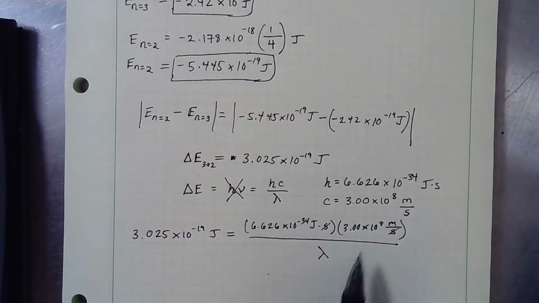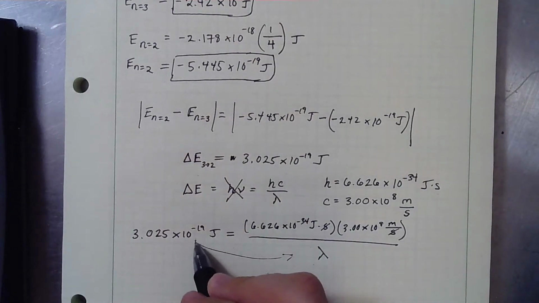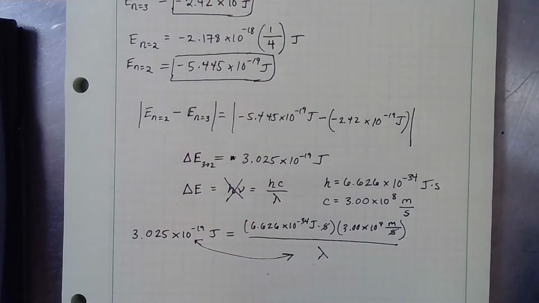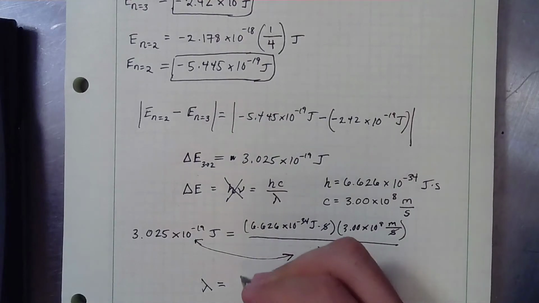Okay, so my variable that I'm solving for is in the denominator. I'm not going to go through the algebra here. Basically what you end up doing is just switching these two terms. Okay, that's what the algebra tells you to do. So it'll be lambda is equal to this h times c over the delta E. Okay, so my lambda is